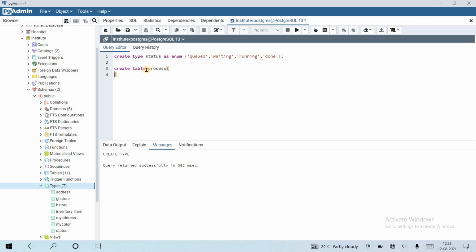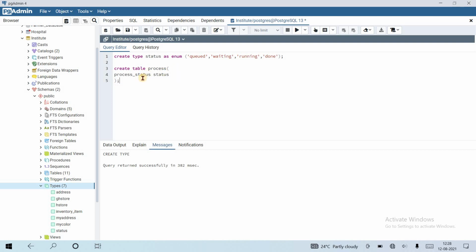Here we can create an id first, or directly create a status column. Process status is one column with data type status.